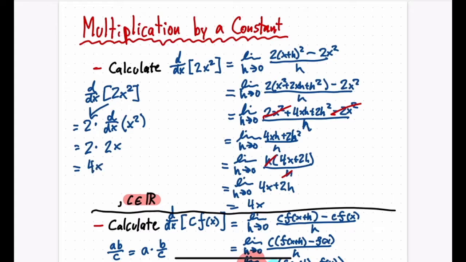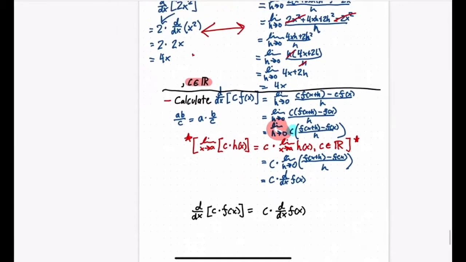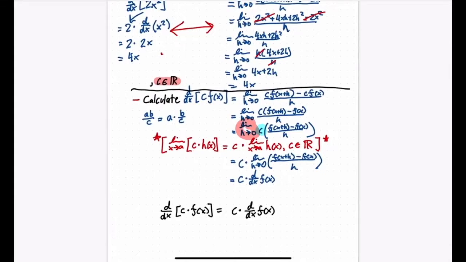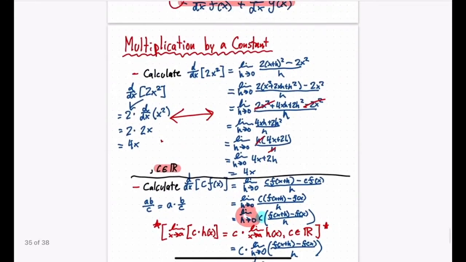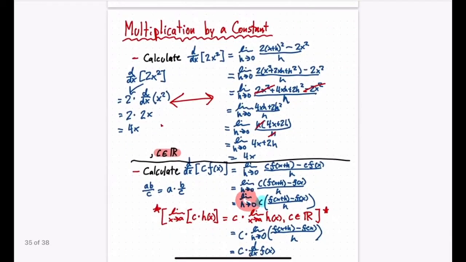So these two things are equivalent ways of proving the same thing, but this side is a lot faster and a lot quicker to do, and we can almost just do that in our head. So this is a really, really effective way to be able to calculate derivatives of functions that are being multiplied by a constant super easily. We can always just move that constant out and find the derivative of the function itself. And there we go, that's what we've proven here using this limit law. Alright, so that's awesome. So we have our addition of derivatives, we have multiplication of a derivative by a constant,